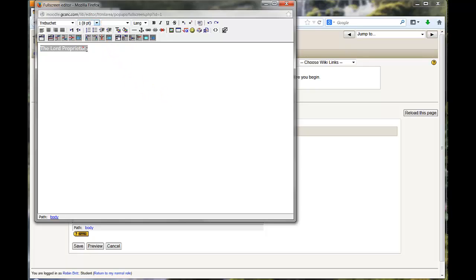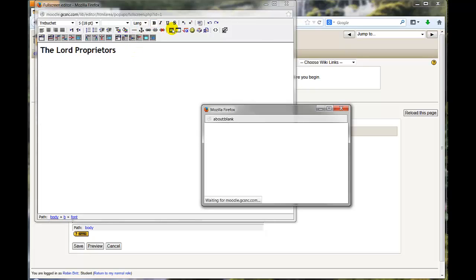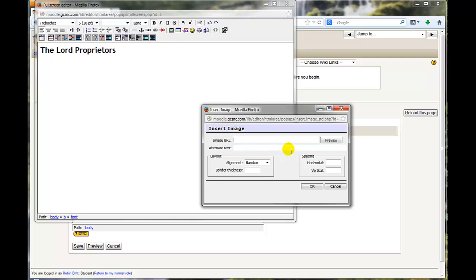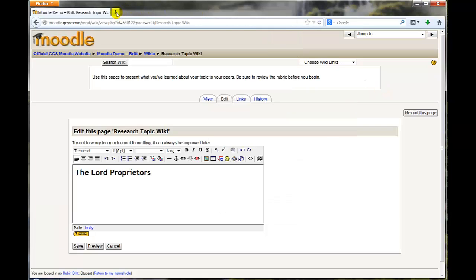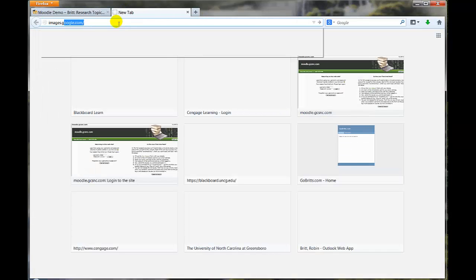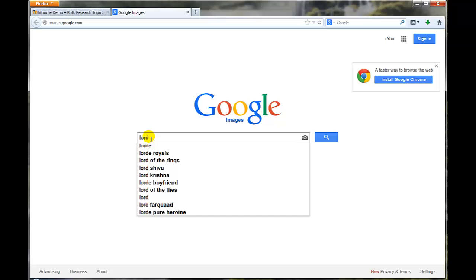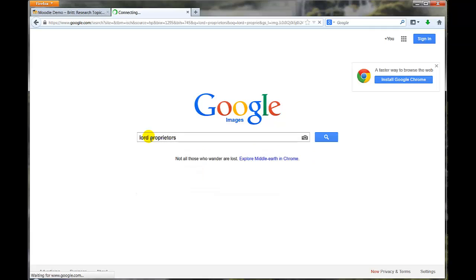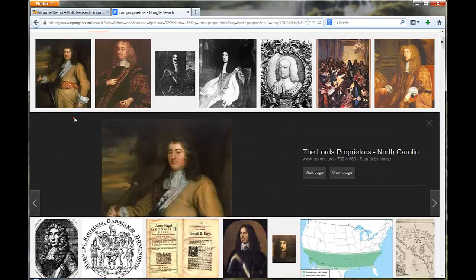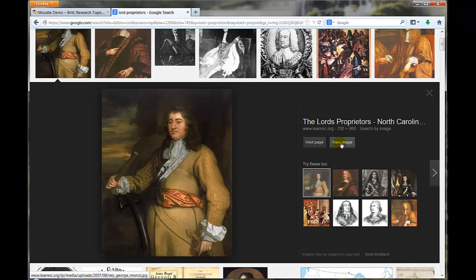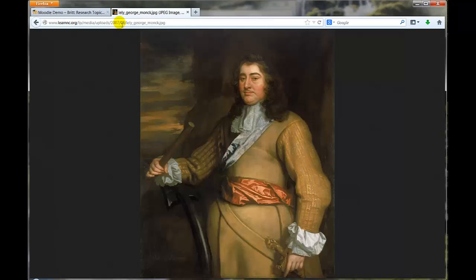So here I'm just going to demonstrate my research, to show what I've learned. And let's say I want to put an image in. I could type my text here, and I can add an image. If I have an image saved to my computer, I can just upload it, or I can go out to the web and search for an image and paste the URL back in. So go right out to Google Images, I type in Lord's Proprietors. Here's an image that I want to use, so I'm going to navigate to the image and I'm going to copy the URL,